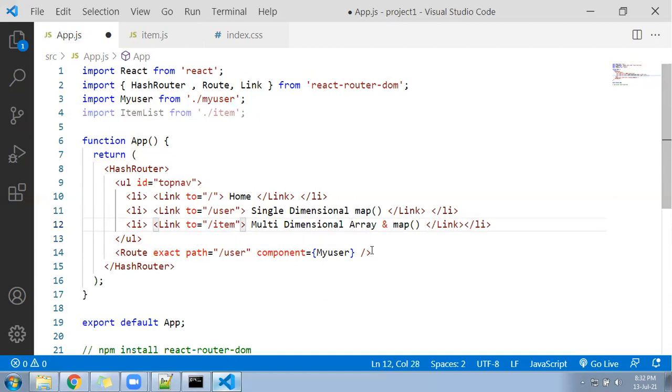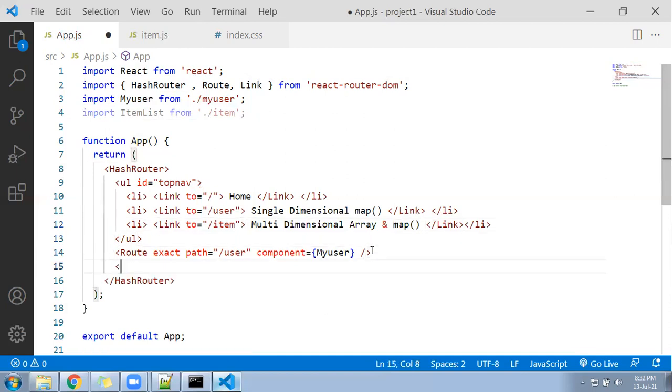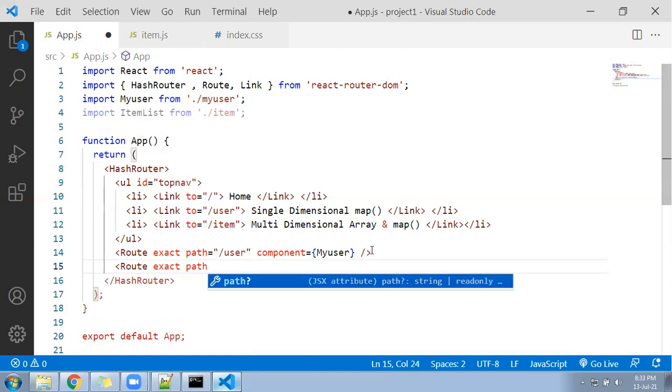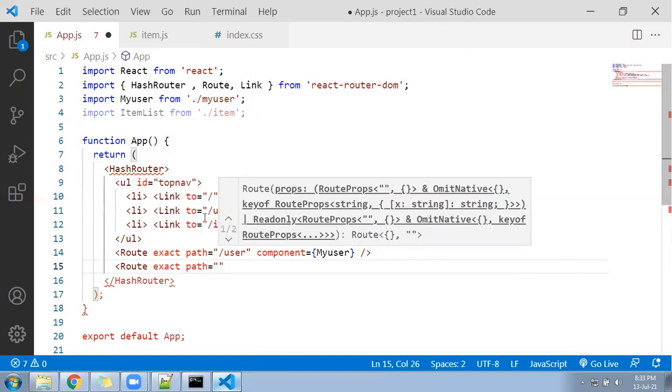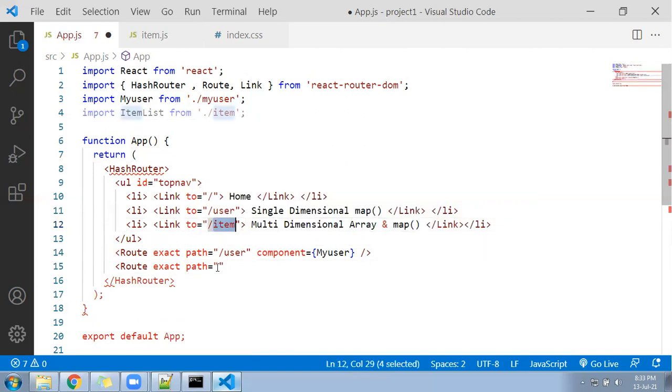Now I will write one more line here as a route. Exact space path equal to, what is my path? I have given the path called item. So I will be writing here slash item. It should match with this. See, in the link to you have given item, that should match here. Okay.